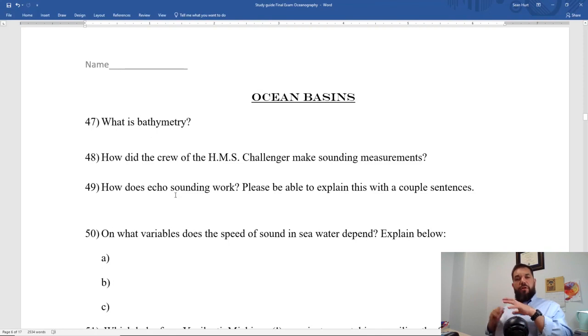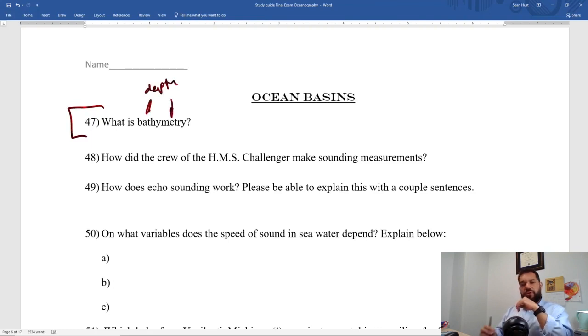Ocean basins, the ocean floors, we study those using a subject called bathymetry. Bath just means depth. Okay, metry means measurement, so we're just measuring the depths of the ocean. When we measure the depths of the ocean, we find that, of course, we have the abyssal plains, we have mid-ocean ridges, we have continental margins. So we have these different main provinces that we're going to talk about in this part of the class.